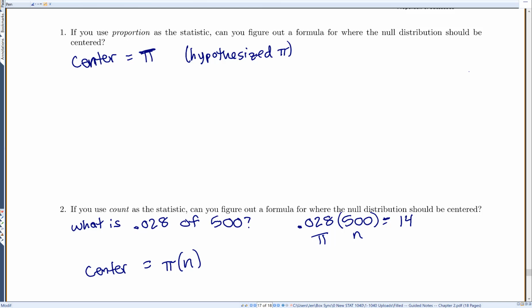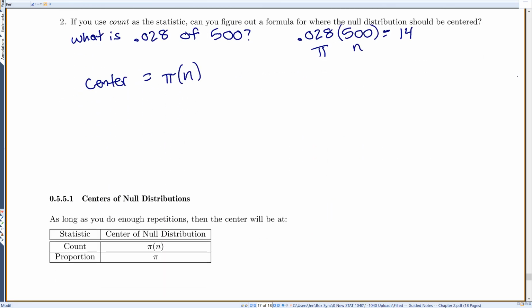So my center will always be at pi times n. And here's the little box. You don't have to memorize this. If it asks you where the center should be, just bring up the applet and see what this applet says